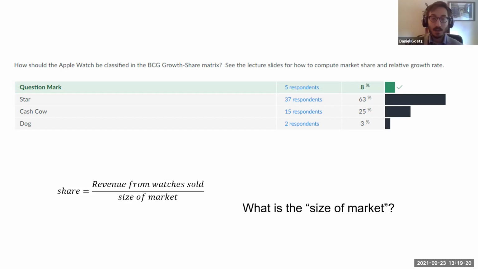So I'll let one of the people who has their hands up add to Kai Fei's answer. Based on the research I did, the Apple Watch has a huge market share of global smartwatches, and also based on the unique features that Apple Watch has, such as a fitness partner and health insights, I think it would have a high market growth rate. So that's why I chose Star. Okay, so you also did research and concluded that for the smartwatch market, Apple is performing the best.